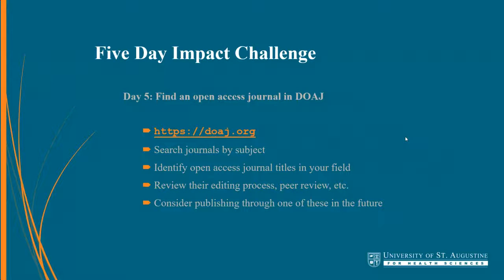The last day, thinking about moving forward. So the Directory of Open Access Journals I mentioned. When you're thinking about publishing, if you'd like to publish in an open access journal, so that work is freely available, the DOAJ is a site that you can go to locate journals that publish in your field. So you can go to doaj.org and search rehabilitation or physical therapy or nursing and find 20 or 30 open access journals. You can view their editorial policies, their peer review policies, see what their open access policies are, what they allow as far as